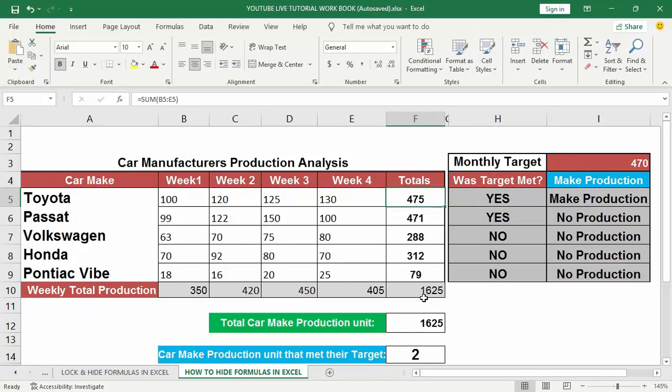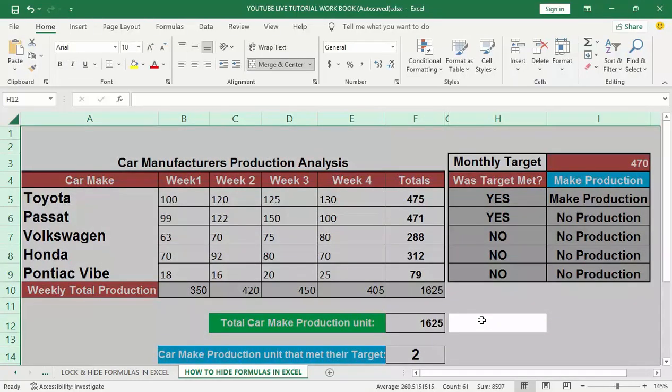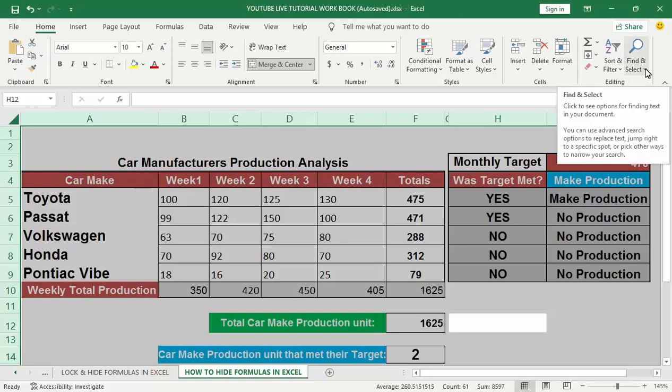The first step is that you select all the cells in the worksheet by pressing Ctrl A. Then the next one is that you go to your Home tab right up here, and within the Editing group at my far right here, there is a section we call Find and Select.